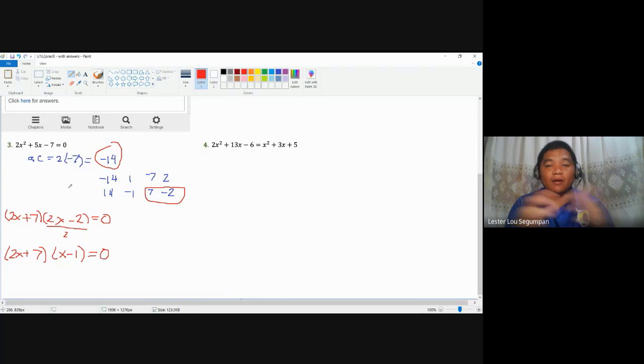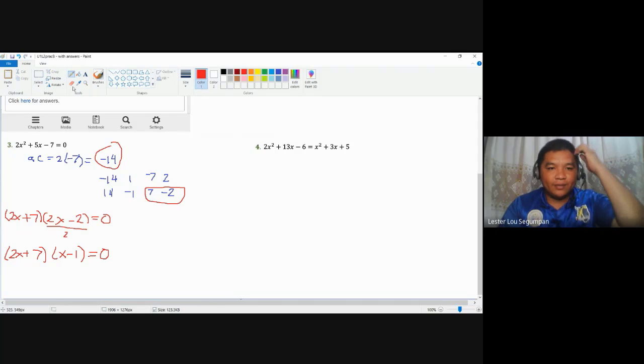I'm not going to talk about how to factor because you were able to talk about it in your previous grade level. Our concern here is to look for the zeros. So we are going to take the zeros here and we transfer it here. Let me transfer number 4 a little bit farther here so that we could just apply the method of zero factor property. So we'll have 2x plus 7 equal to 0 and x minus 1 equal to 0.